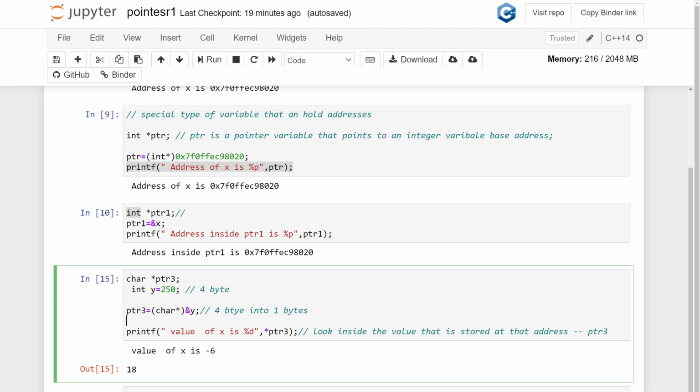So this is the type conversion that we need to take care of. Sometimes we'll have a loss of information if we try to convert a larger type into a smaller type. But whenever we convert a smaller type into a larger one, there will be no problem at all. So this is the basics of pointers. In the next tutorial, we will see some more advanced concepts in pointers. Okay, that's it.